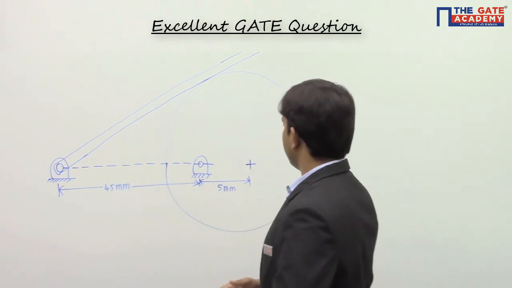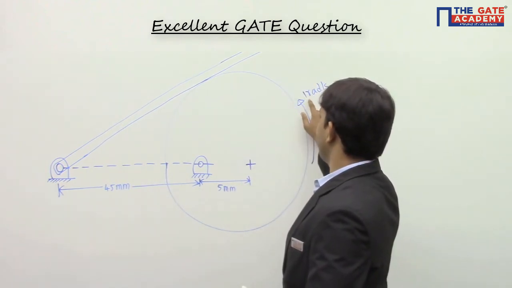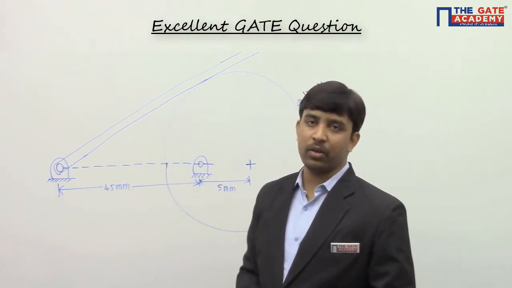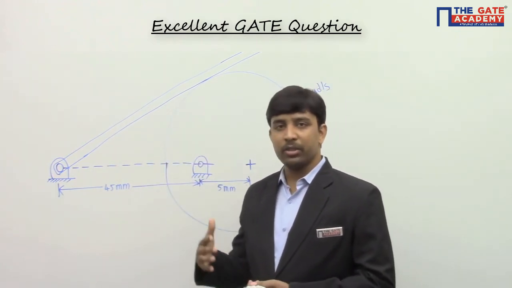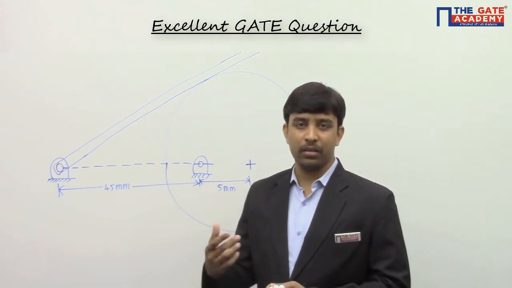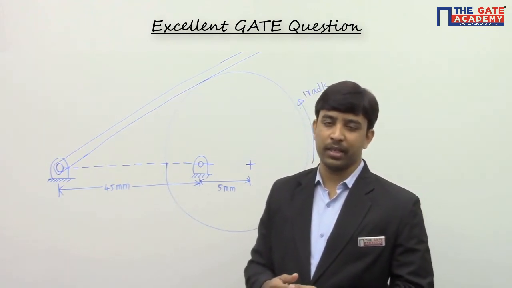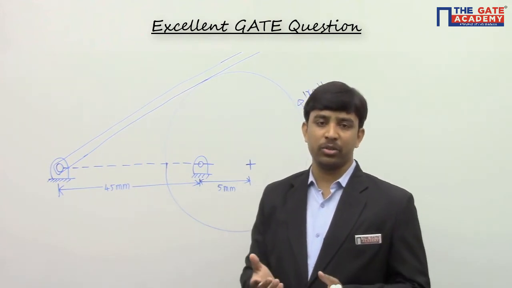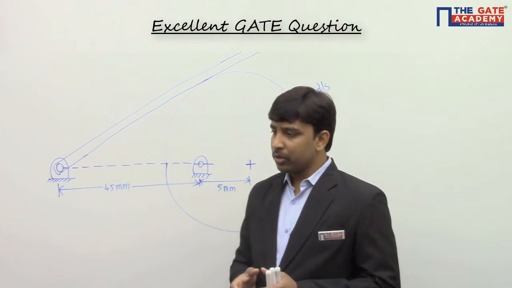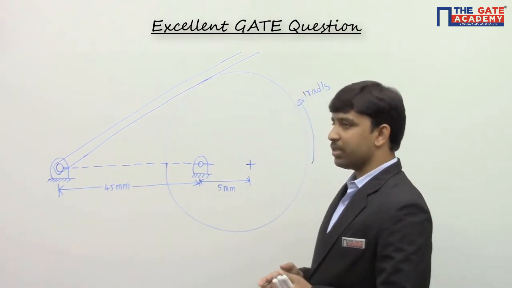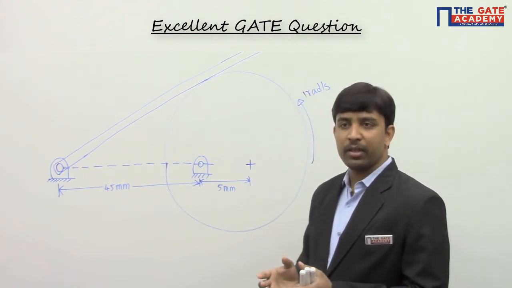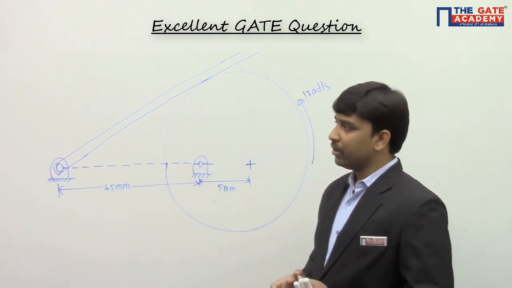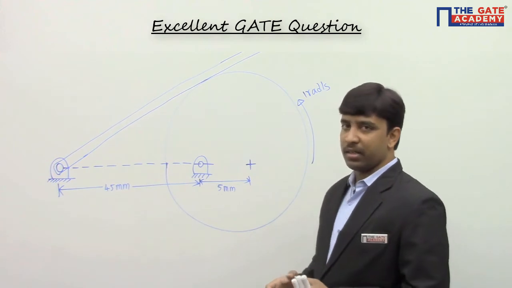So here he is saying that the angular velocity of the eccentric disk is 1 radian per second, and what is the velocity of this particular follower for this given configuration. This problem can be solved by the relative velocity method or the instantaneous center method of velocity analysis. But the relative velocity method is more graphical, so it's a time consuming method. The instantaneous center method is less graphical, so the time it takes to solve this problem is also very less. So we'll solve this problem by the instantaneous center method.